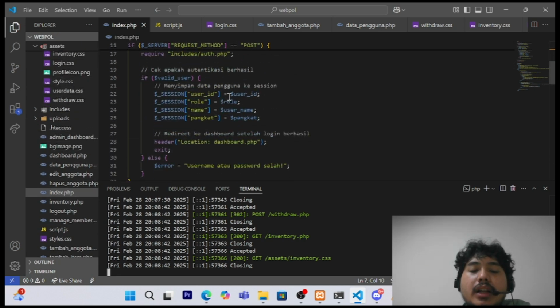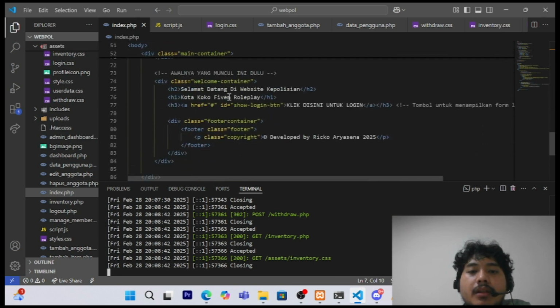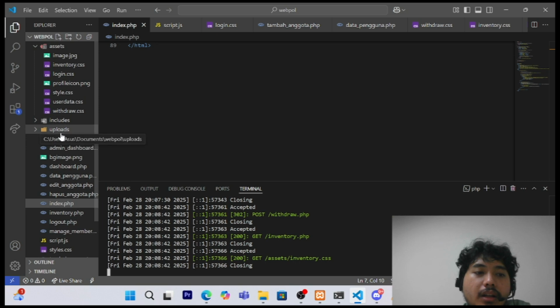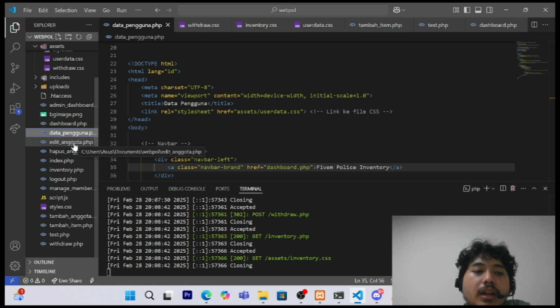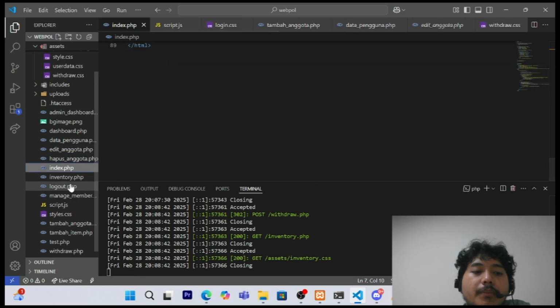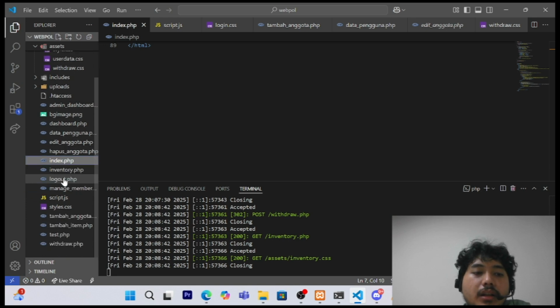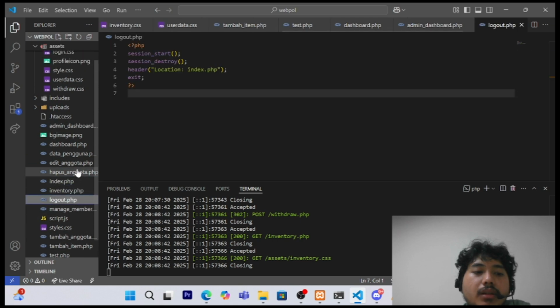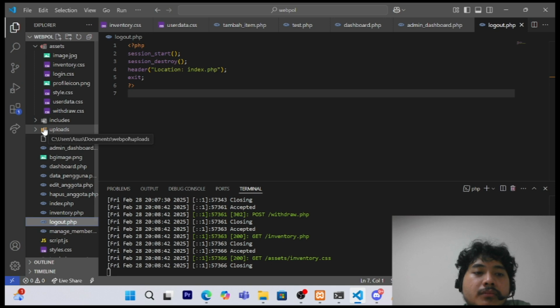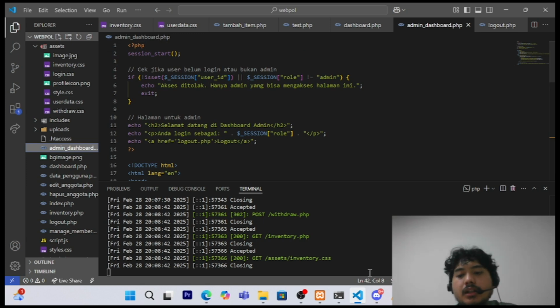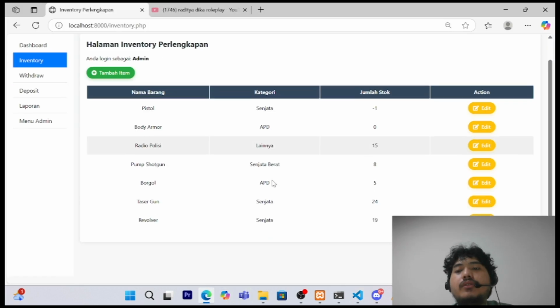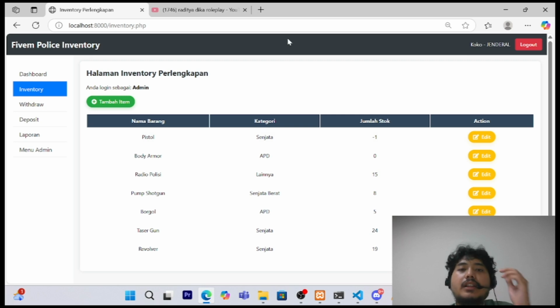Here you can see the index, or the login menu, and the HTML, and then I have other pages too, like the dashboard, user data or member data, edit member, delete member, and then I have a config in here, such as logout, and then the admin dashboard, but it's not done yet, though some features are already there, and I can show you for my mid-exam. And for the database I use MySQL.